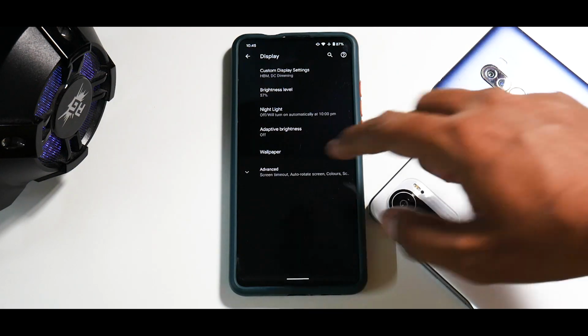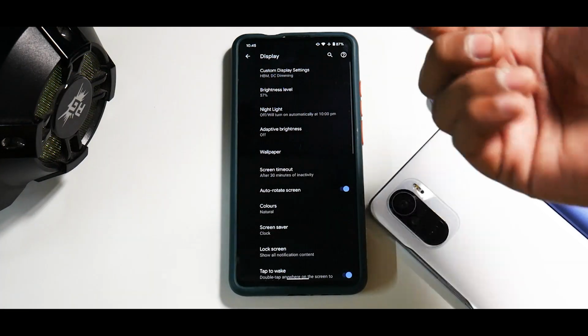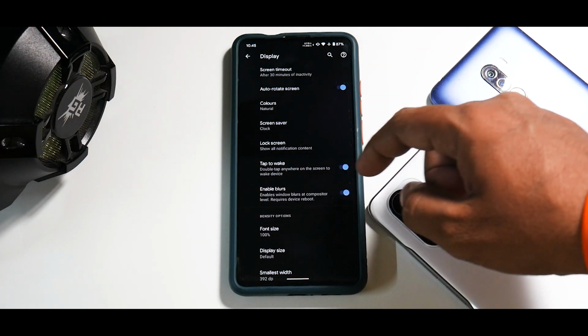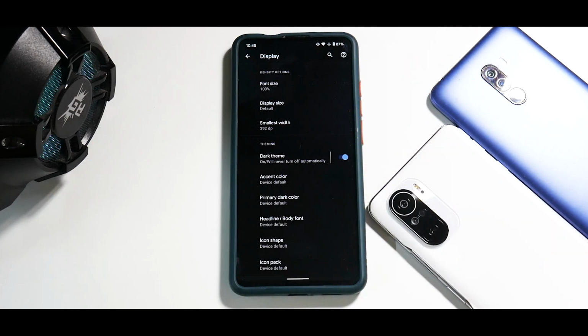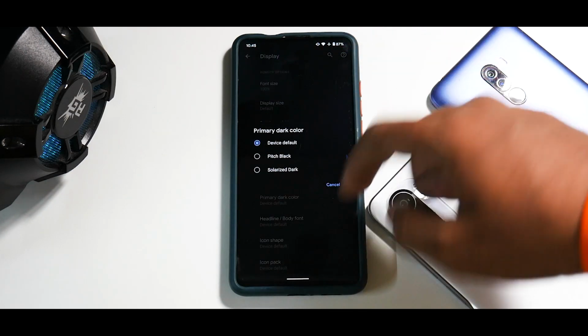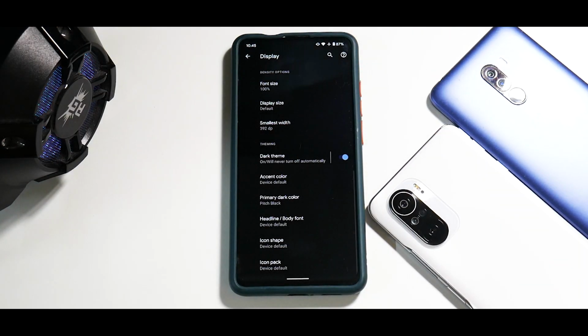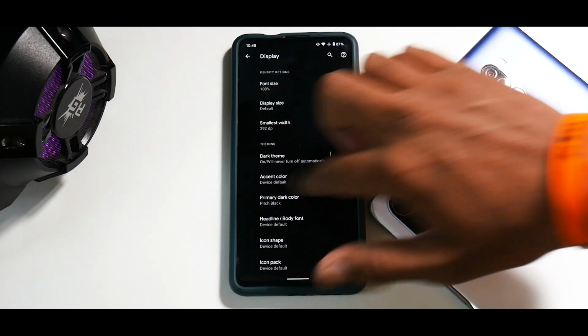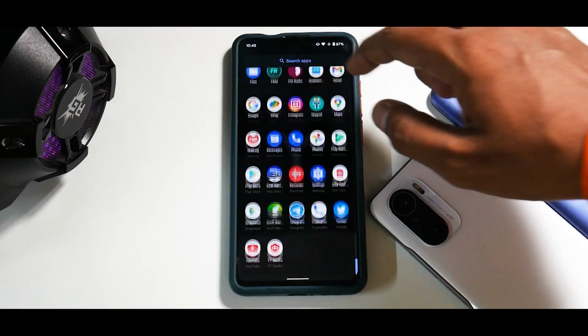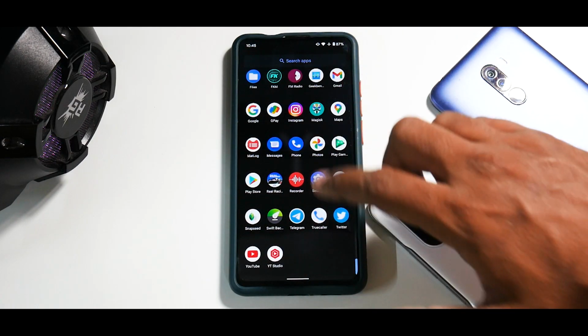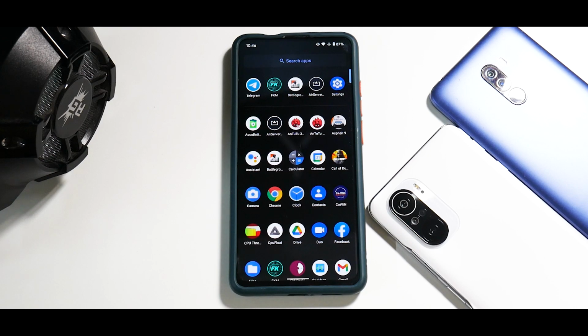And under display as well, you do have a ton of options. Basic things like adaptive brightness are there, and additional features like primary dark color. So some customization is there, and you can, as always, have the high brightness mode as well. So pretty neat amount of customization there. Do excuse that the settings is crashing there, but what I will tell you is, Widevine L1 is